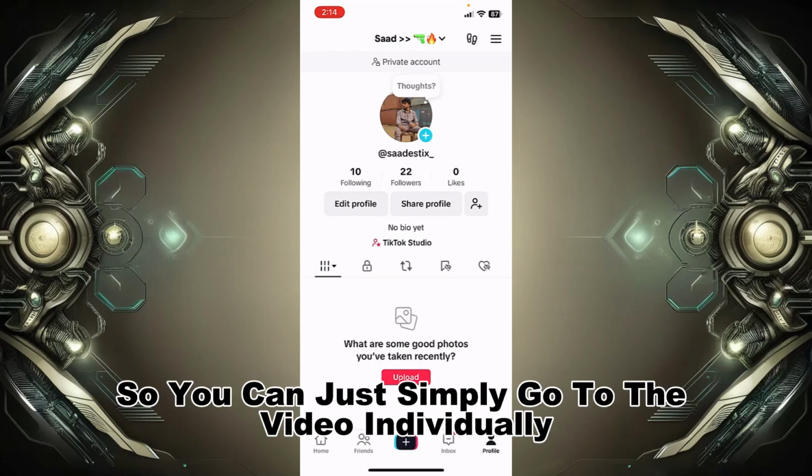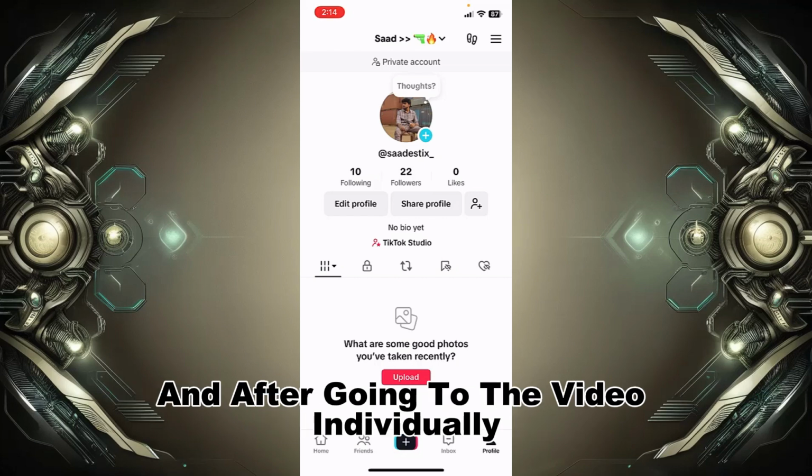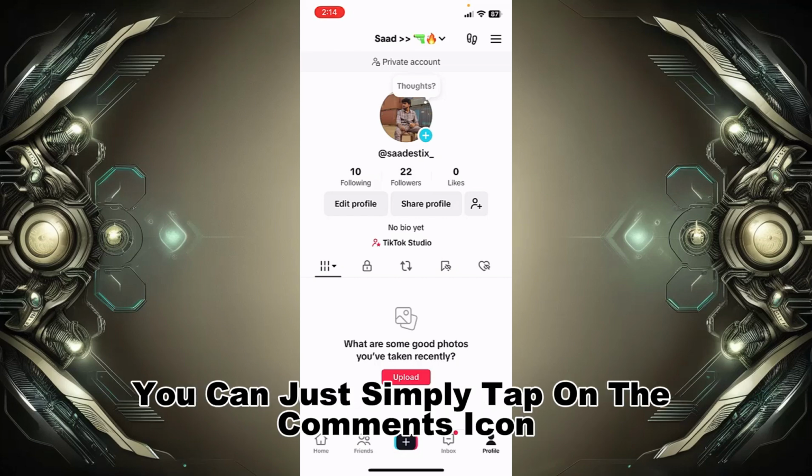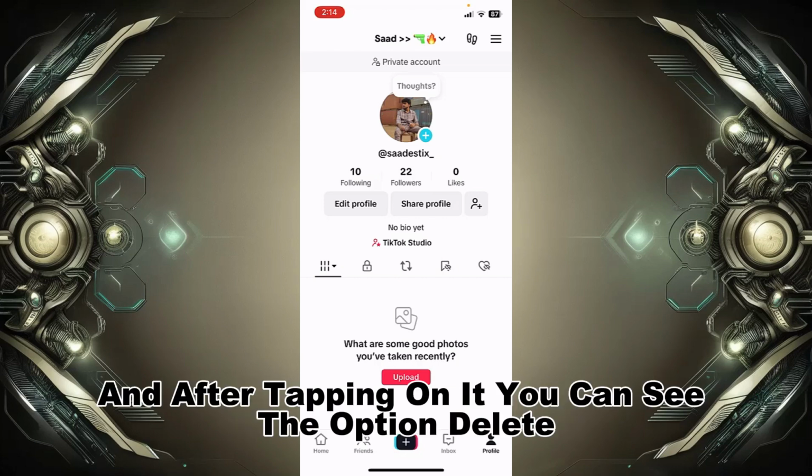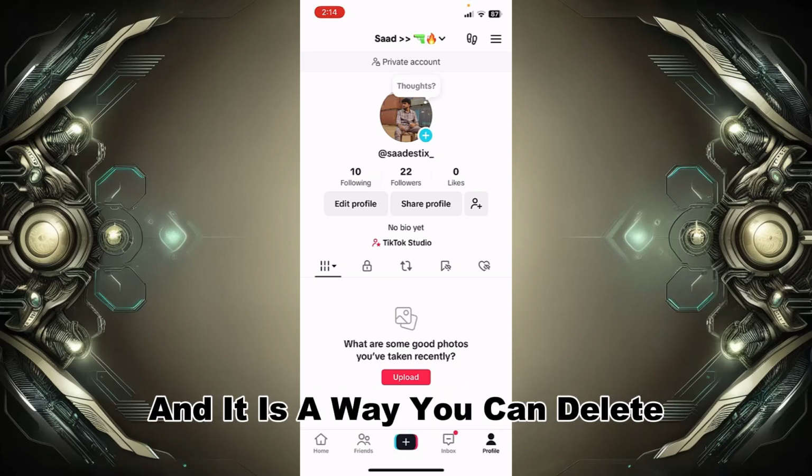So you can simply go to the videos individually, and after going to a video, you can simply tap on the comments icon, and here you can delete comments one by one by tapping on it. After tapping on it, you can see the option delete, and this is the way you can delete comment